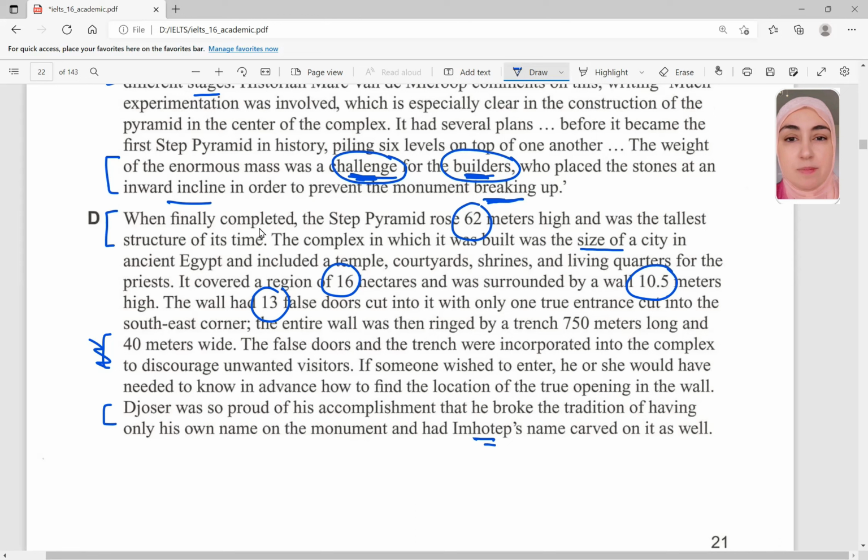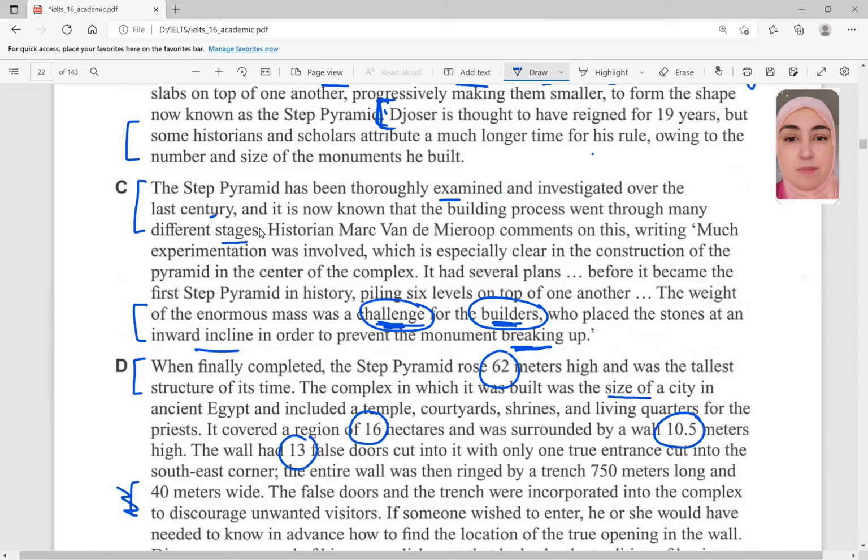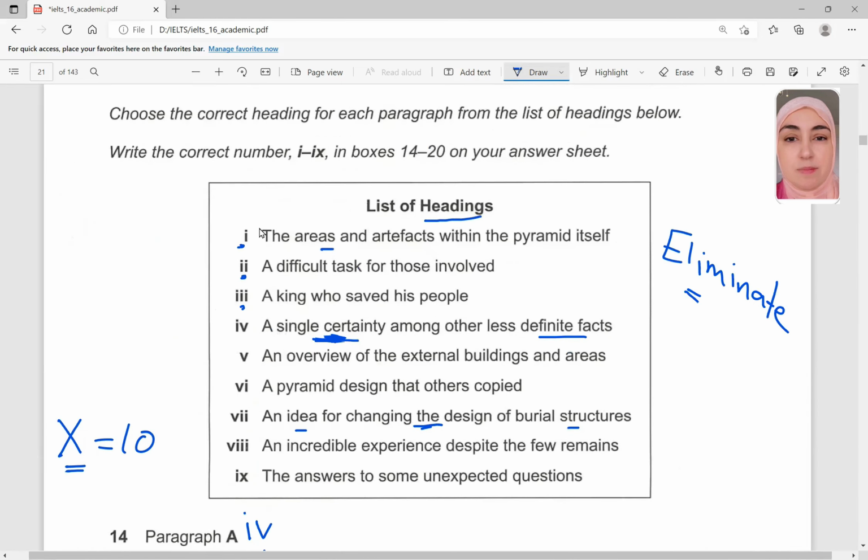I'm sorry if I pronounce the names wrong. I'm not an expert in old Egyptian language. So I look at the measurements and the size. They talk in details about it. So I would probably, for number 17,